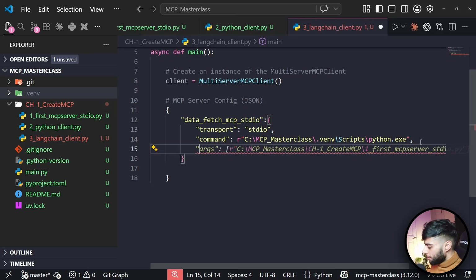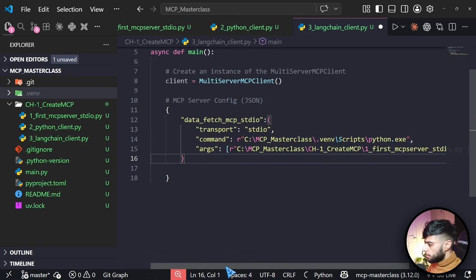Then here comes the main part, arguments. What do we need to put in the arguments? Same thing, we need to put the location where we have saved our server. Now again there are multiple ways how we can do it, so let's do the hard-coded way first of all, then we can just remove it, not a big deal. And then I can simply say arguments,